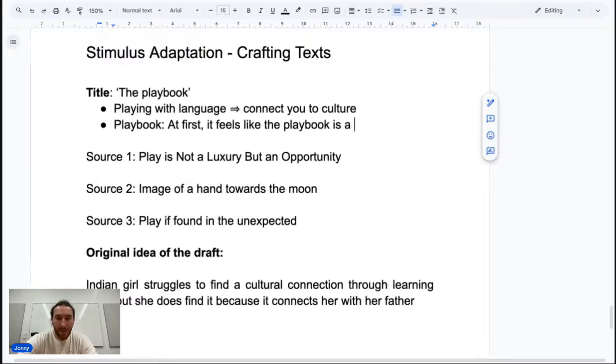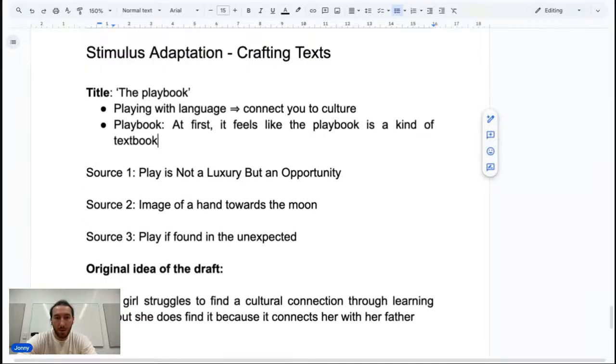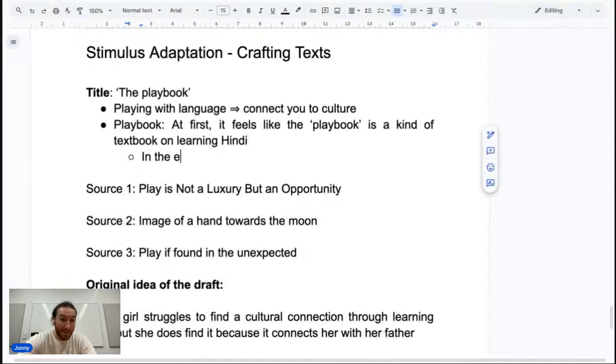It feels like the playbook is that, right? In the end, this is where you get creative with it. In the end, it turns out that, and this is your whole play on the title of the playbook.